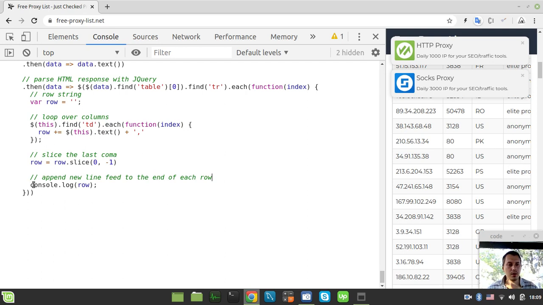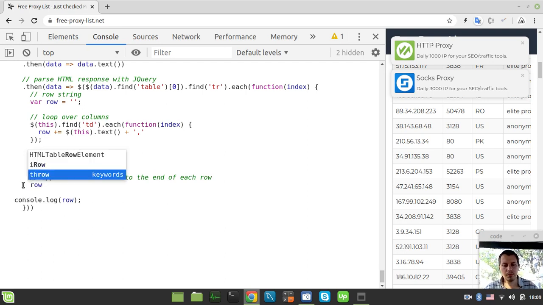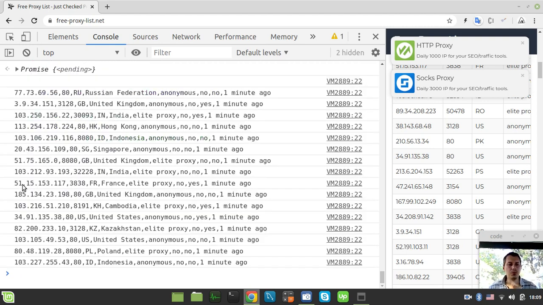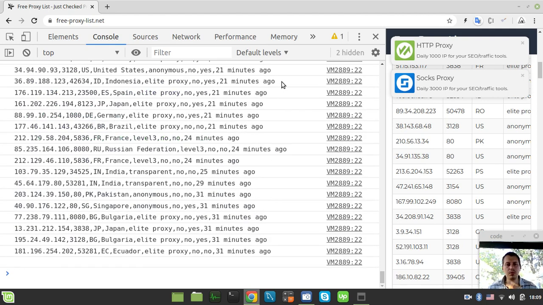So here I can say row plus equals the new line. Let's have a look at what we got. Yeah, it doesn't print the new line obviously, but as soon as we try to store this to some sort of